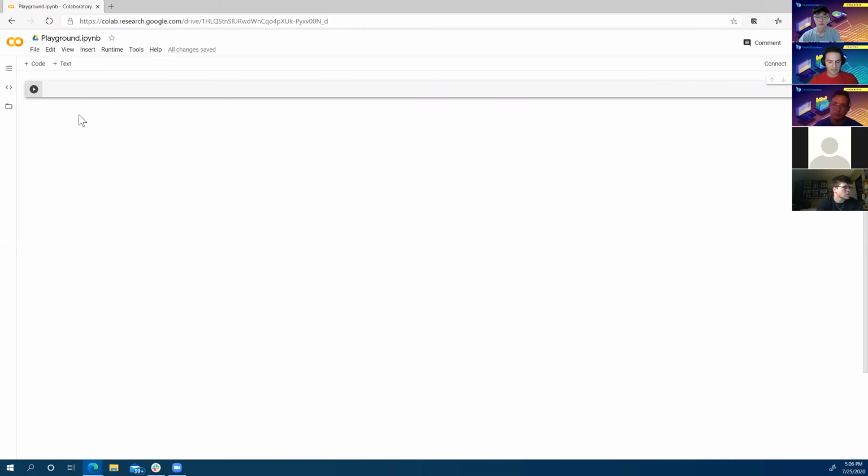Google Colab is a wrapper around an IDE called Jupyter Lab. If any of you are familiar with Jupyter Lab, this is exactly the same thing. It just looks a little different. What's cool about Colab is it's running completely in the cloud. You have access to all of the packages, so you don't have to pip install anything.